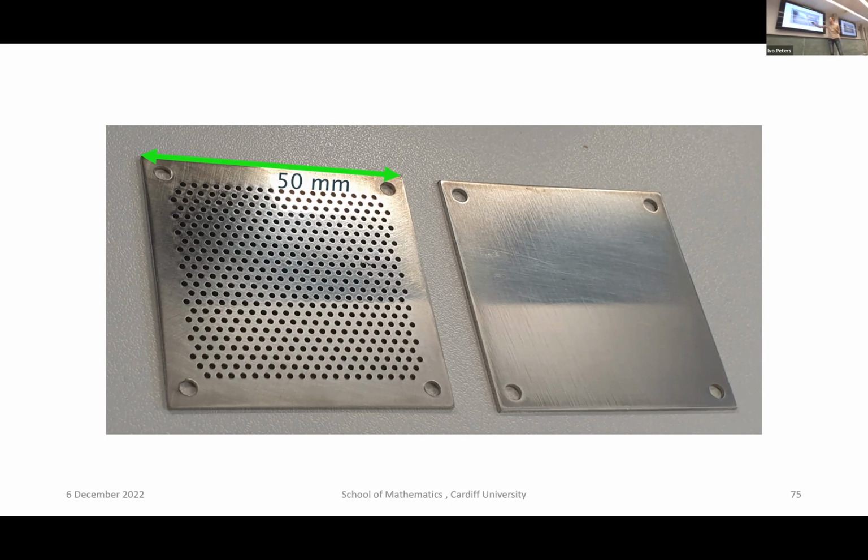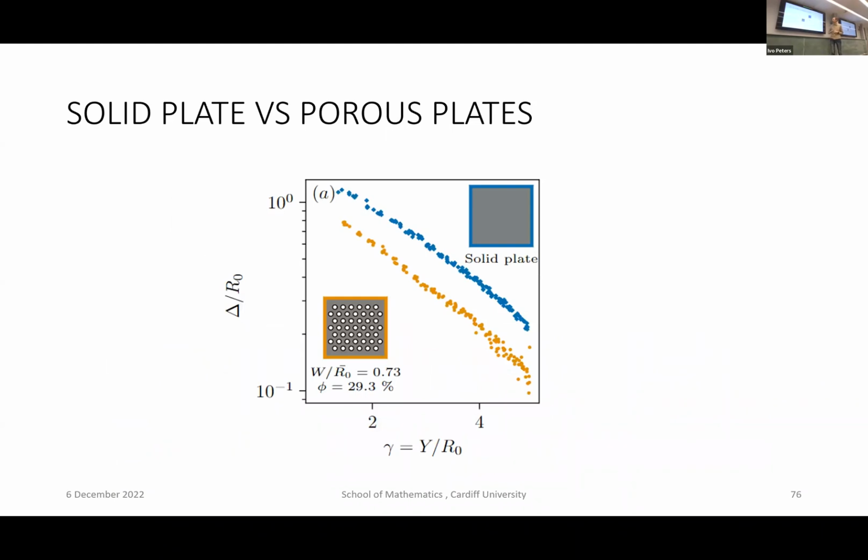And so the experiments for these two cases are shown here. On this axis, this is the standoff distance. So this is just how far away from the plate you are. And on this axis, this is the displacement. And so what a solid plate does, right? You generate this jet, but that also displaces your bubble. So what we are measuring is the non-dimensionalized displacement. And if you are very close to your plate, which is on this side, you have a large displacement. If you move further away from your plate, displacement decreases. And